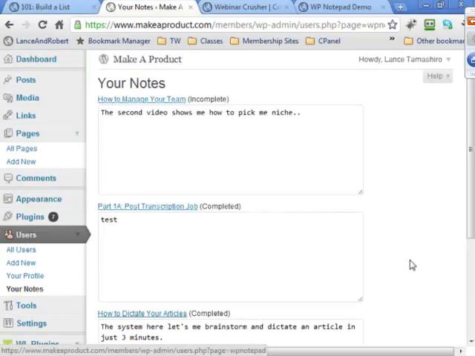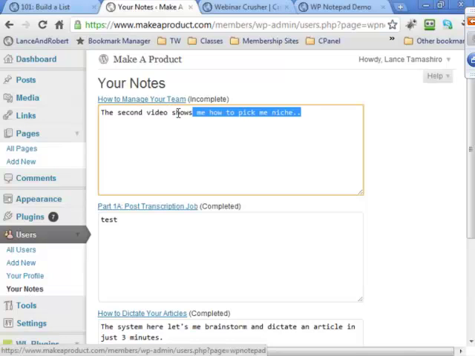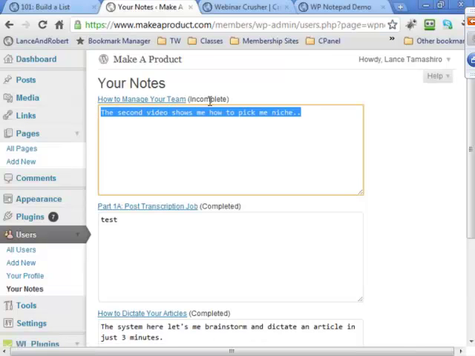So now what you can literally do is have your training, have your sites, have the step-by-step progress through every single piece of your membership site. And at the same time, each individual user, and I want this to be really ingrained in your head, has access to this page, so they get their private notes, they can see what they made the note on, whether they completed it or not.